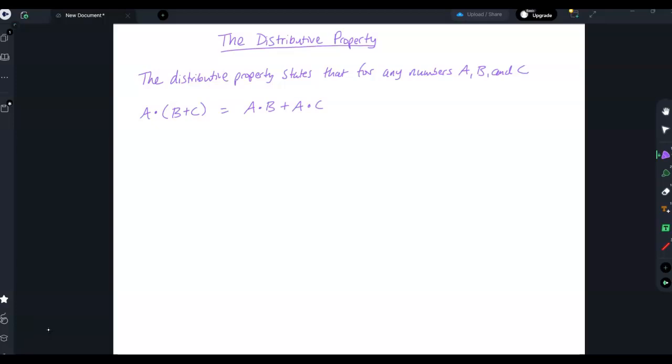Or you've probably seen this as kind of show these lines to show that you're multiplying by everything inside the